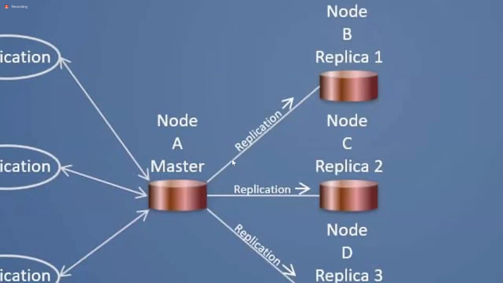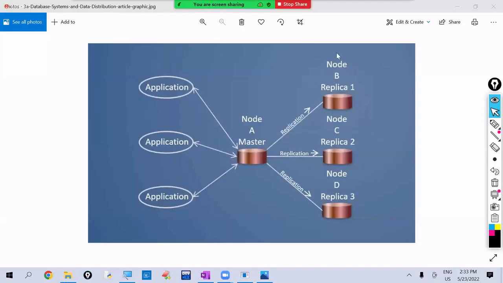So like this, one master node will be there and the remaining child nodes will be there. If we get any problem in the master node,